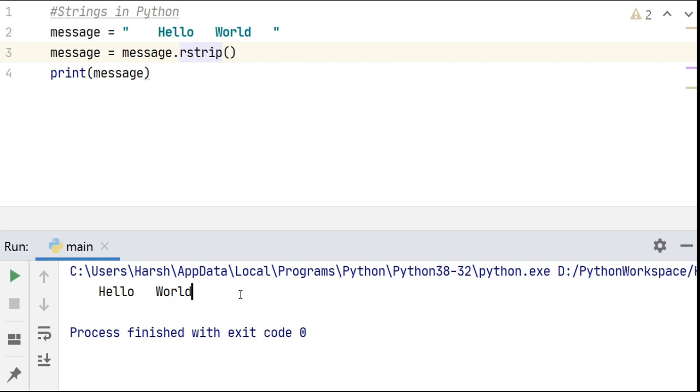Now let's find out occurrences of characters in a string. Suppose I want to find out the count of the character o in our string. To do this, we can use the count method.